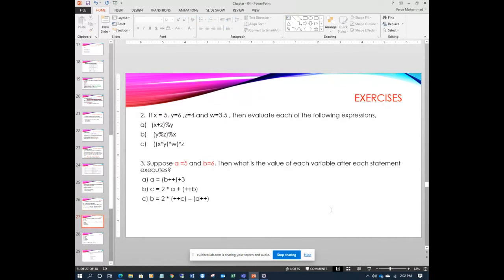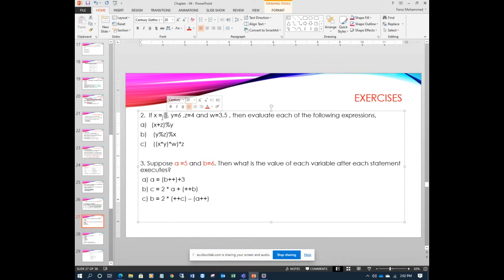So let's see another exercise. I have given x equal to 5, y equal to 6, z equal to 4, and w equal to 3.5. Then evaluate each of the following expressions. First you do x plus z, which is 5 plus 4, 9.